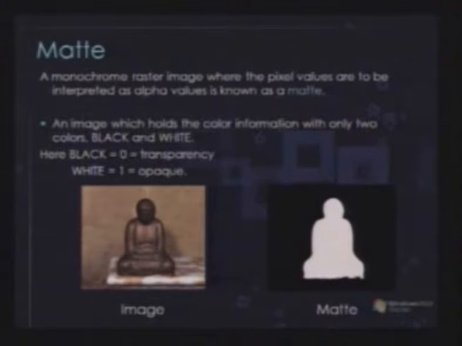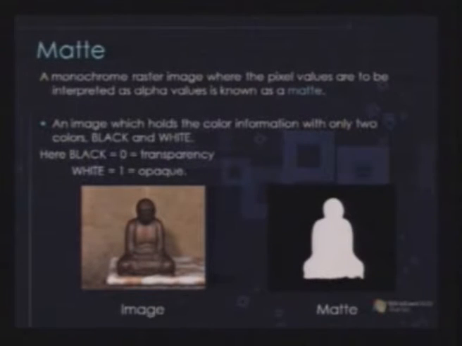A raster image is an image which is based on pixels. It is formed as in we have a lot of pixels placed in rows and columns, and it has a particular kind of resolution. That resolution can be higher or lower. That again depends on your camera, what kind of camera or setup you are using. That monochromatic raster image which we derive out of our film, whatever has been shot from the camera, has some kind of pixel values. Those pixel values are basically holding color properties. Those colors are R, G and B.